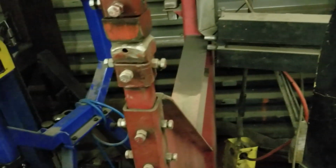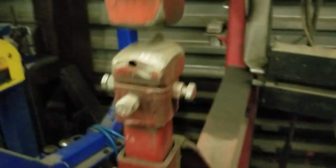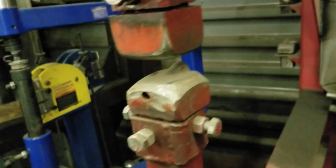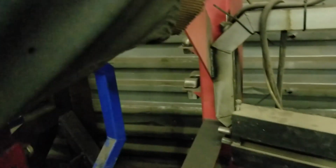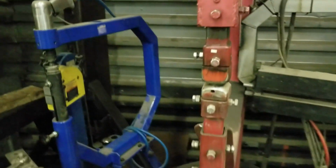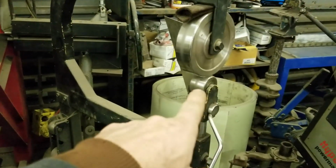I wanted to get a big fancy power hammer, but never got around to it. So it's all built out of random junk that I had. Pretty much you hit the switch, and it does its thing. So yeah. And then after I bang that thing up, I'm going to stab it in the English wheel here